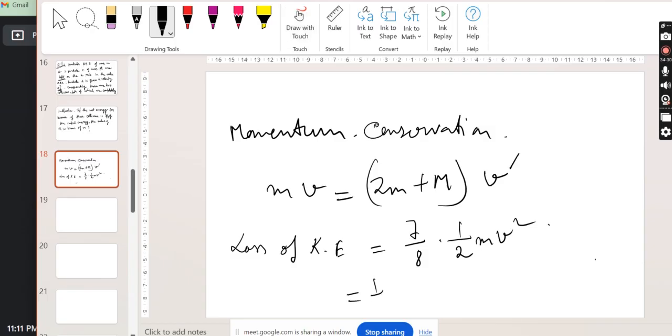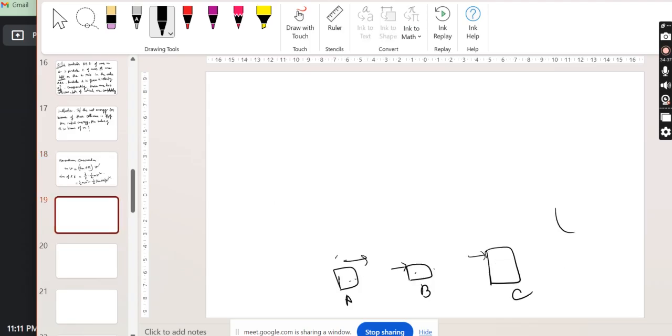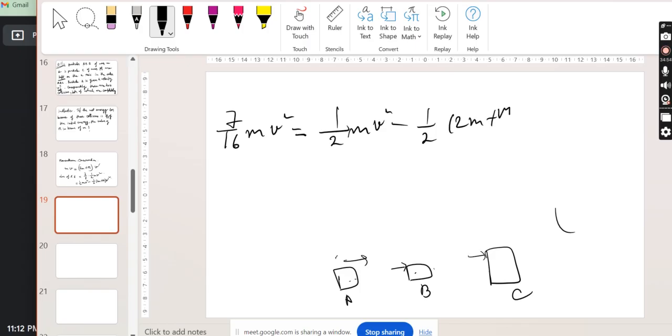so this is basically half of mv square minus half of 2 small m plus capital M v dash square. So 7 by 16 mv square is equal to half of mv square minus half of 2 small m plus capital M v dash square. And we know v dash is equal to mv by 2m plus capital M. Putting all this value